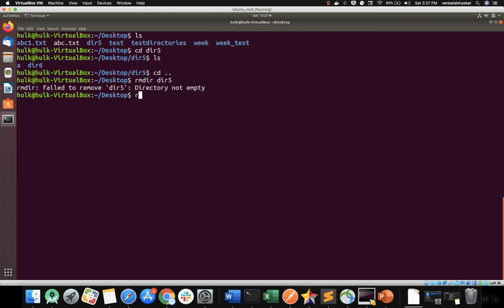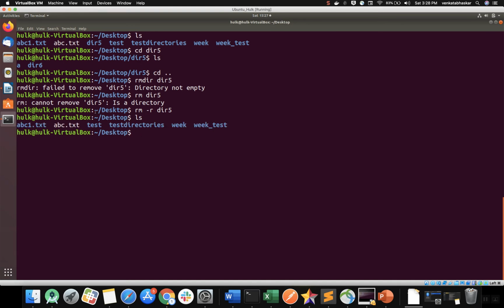Now I'm using the rm command. rm means you can remove both. If I use it on directory 5, which is still a directory, it complains. Whenever you use rm on a directory, you need to use -r, which means recursive, either small r or capital R. If I use it here and run ls, you can see the directory is deleted. So remember, we will use the rm command every time: rm -r directory 5.